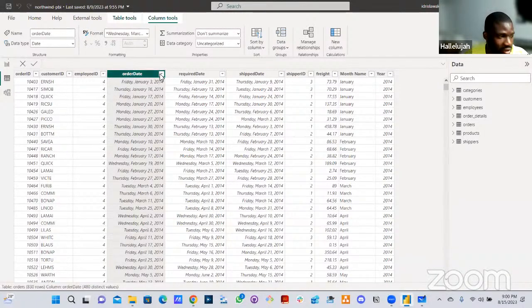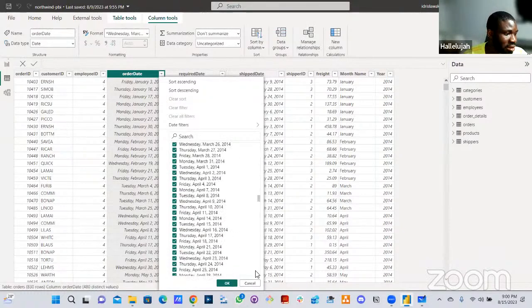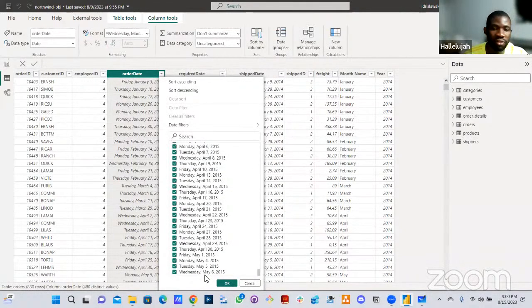Now, another thing you need to do: if you look at my data, the order date is actually starting in July. So these are the things you need to also take note of. Where is my data starting from? Where is it ending? So my data is starting in July 2013, and it's ending in May 2015. So it means that we only have half of 2013, half of 2015, but